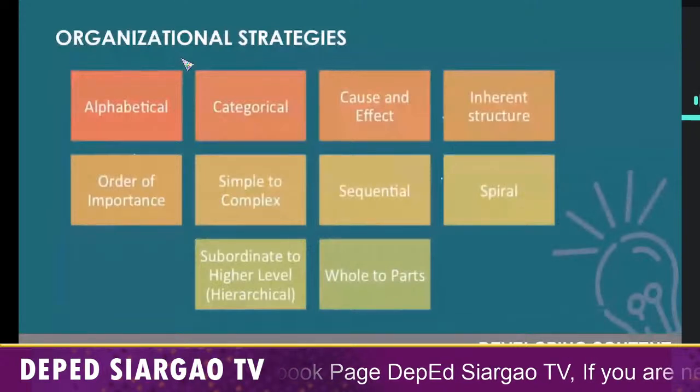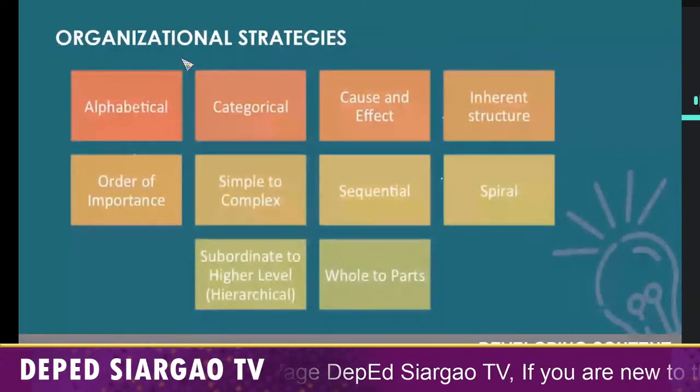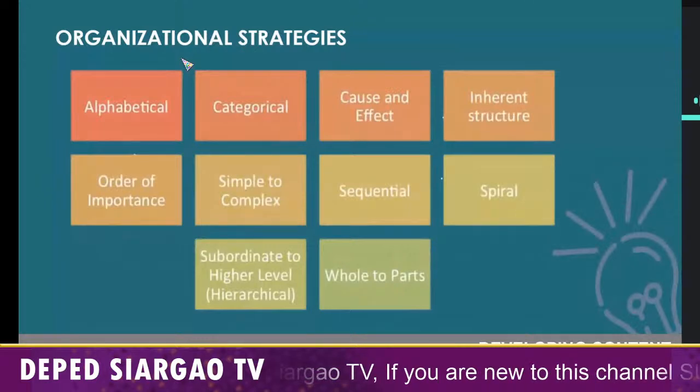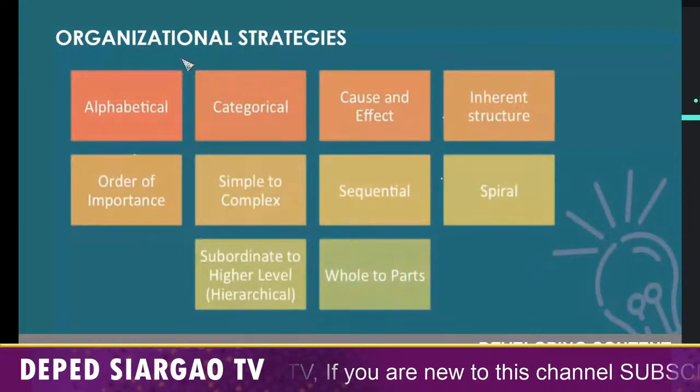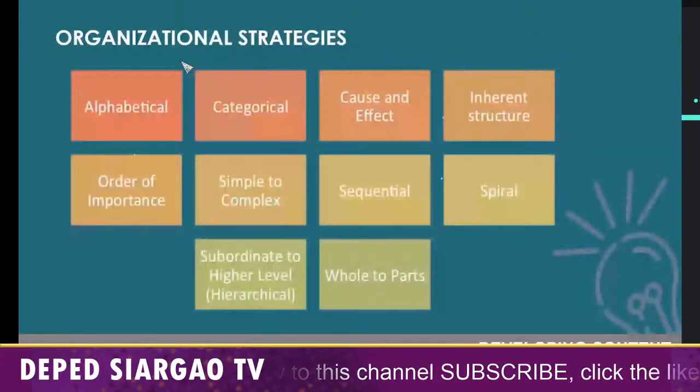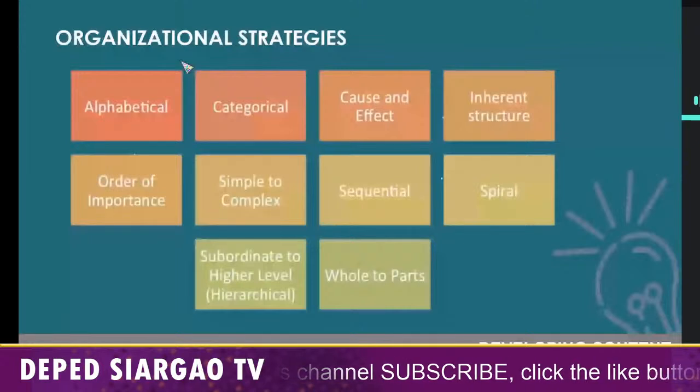We have the alphabetical. So, a conventional but important organizing principle for content is alphabetical order, because most people learn how to use alphabetical order in childhood. It's nearly intuitive. So, alphabetical order allows